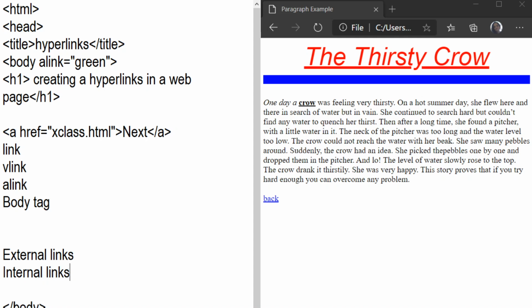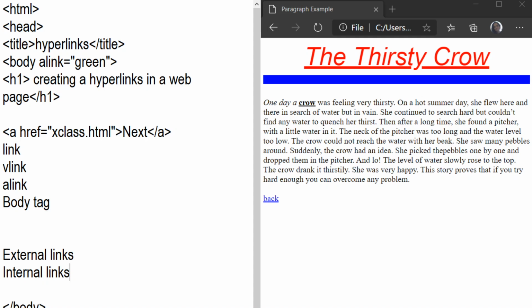These are also used to link a document or email address, and on clicking these types of links, the connected resources open either in the same or in a different window to show the content of the linked resources. If you want to link between different web pages, different documents, or with another email, then you can use external linking.